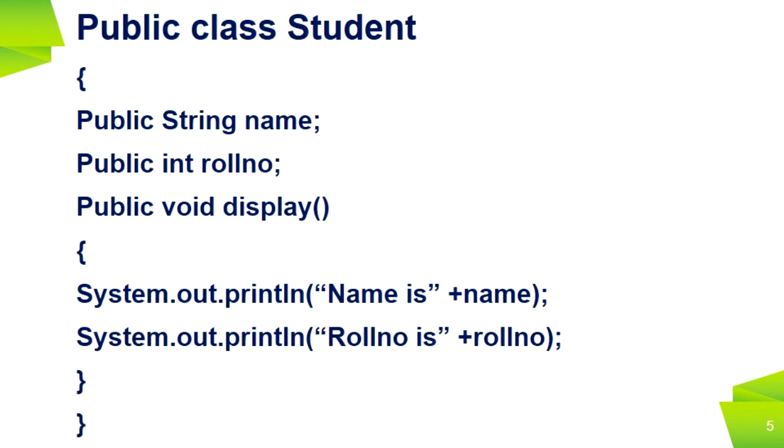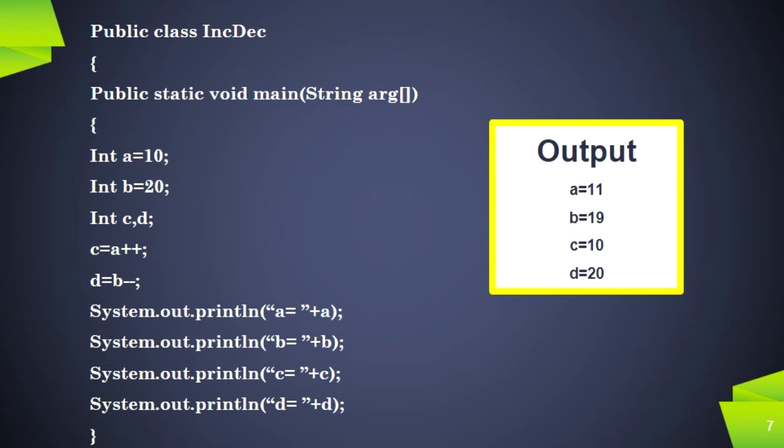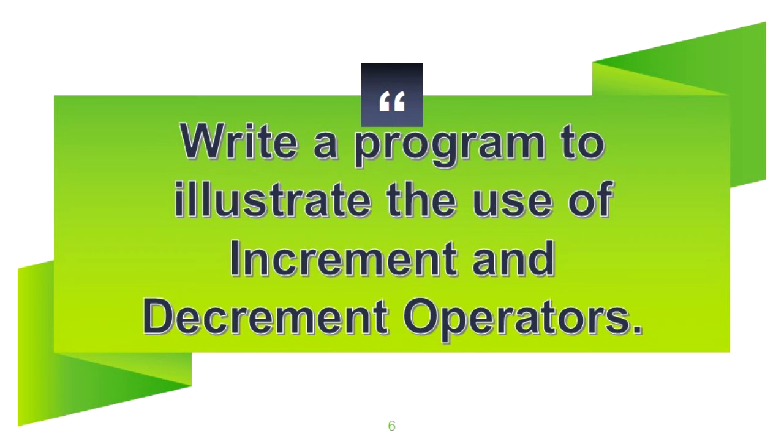Display is the method name with access specifier as public, which means that it can be accessed by anyone, and return type as void, which means that the method will not return any value except the text that we enter in the print statement. The body of the function is defined by a pair of flower brackets. The last one, the class ends with the right flower bracket. So this is the class declaration. So in class declaration, we are using the access specifiers, methods and functions. So let us discuss with a program.